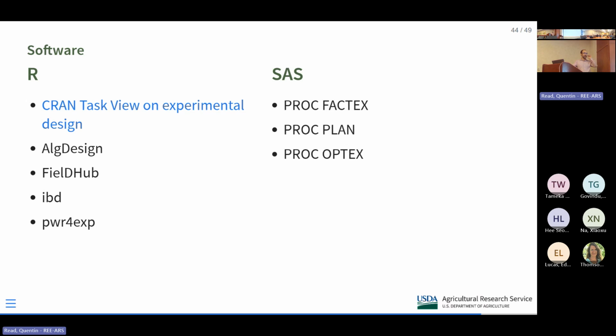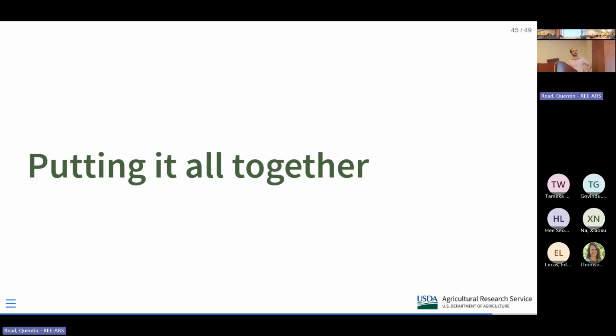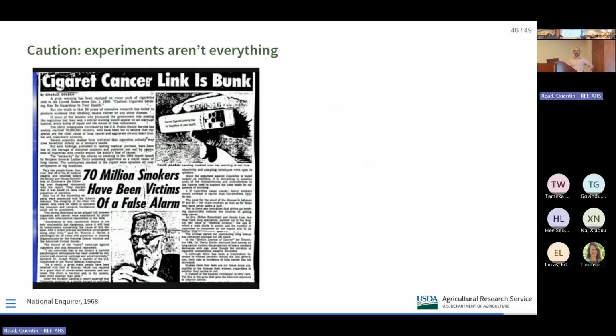Concluding with a few slides here. There are various resources available depending on what statistical software you use, different packages and so on. I don't think you all use SAS that much, so mostly there are a lot of good R packages, and there's a page called a CRAN Task View, with a link in the slide, that shows you all the R packages related to experimental design.